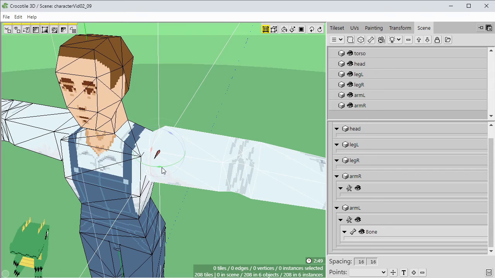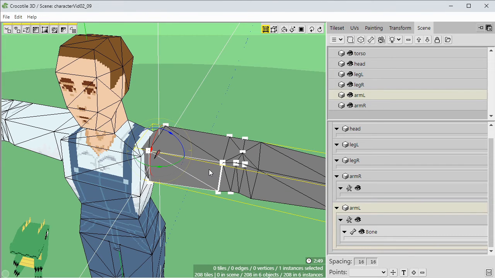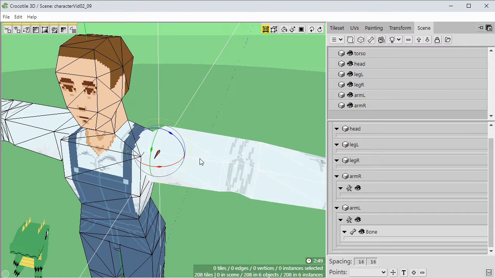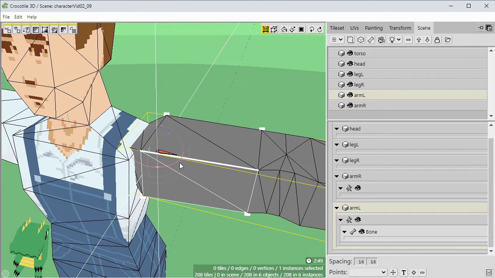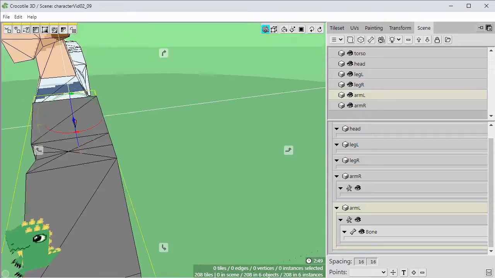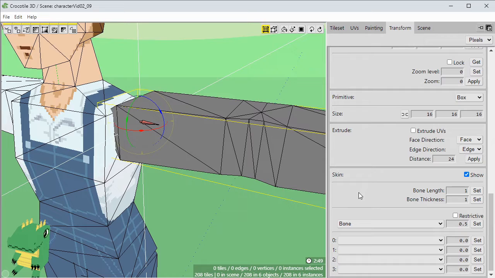If I rotate the bone now, I will be posing the bone. However, if I enter Object Edit mode by editing the arm, it will reset the bone to its unposed state. I'll undo that and return to editing the arm. I'll need to orient the bones in this state first, and then assign vertex weights so that the mesh can